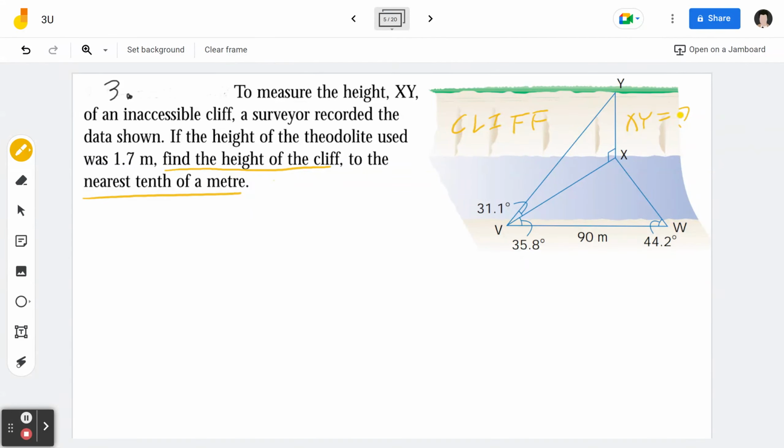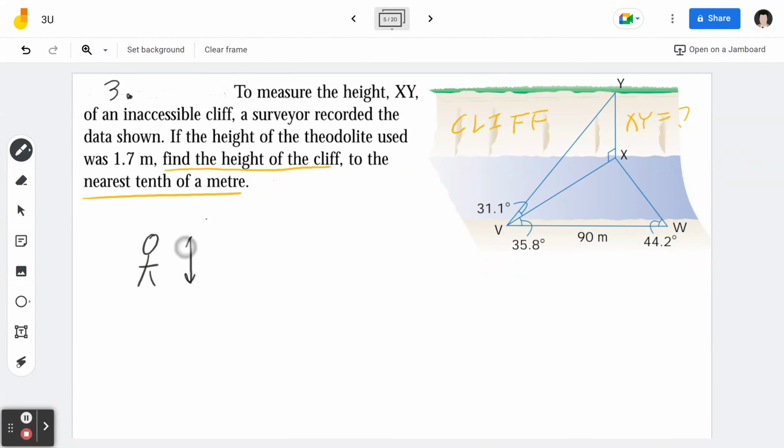So even without reading the whole thing, I can tell what my goal is. My goal is to find the height of the cliff to one decimal place. Great. What is given to us? We have all these numbers, and there's one number that we haven't looked at yet. So now I can go back and read it. Inaccessible cliff, a survey recorded the data shown. Now, the only add-on is the height of the